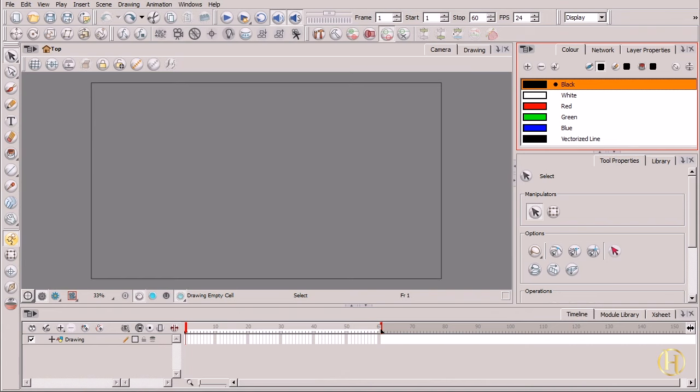Shortcuts. Now, if you're used to animating in an application like Adobe Flash, you're probably more comfortable and just more acclimated to that application's set of keyboard shortcuts. What's great about Harmony is we have the option to switch from the default keyboard shortcuts to Adobe Flash keyboard shortcuts. So to do this, we're going to go ahead and come up here to the top of our interface